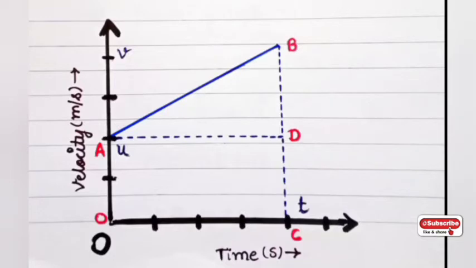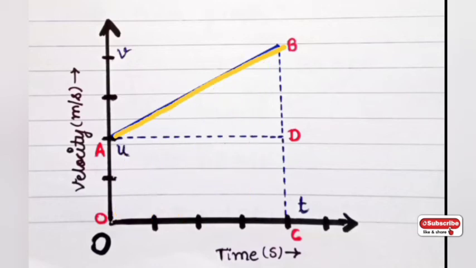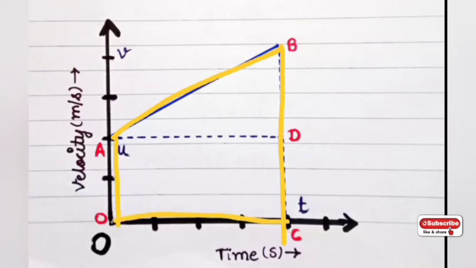Now for deriving the third equation we are going to use a simple thumb rule that the area under a velocity-time graph gives you the distance traveled by the object. But the difference between the second and third equation derivations is that there you considered two different shapes, a triangle and a rectangle. Over here you have to consider a single shape, which is a trapezium, and by using the trapezium we will find the area.